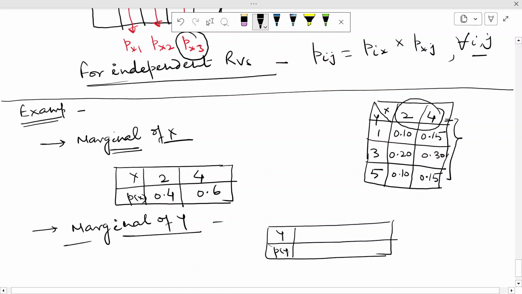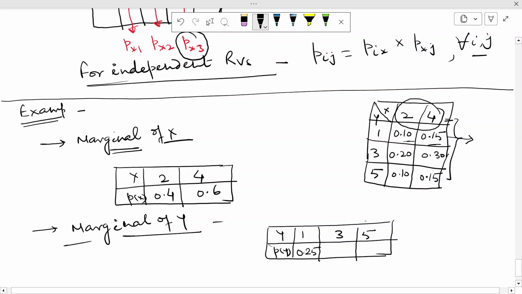Here we are given three values of y. So the values of y are 1, 3 and 5, and the probabilities, or you can say the marginal. So for y equals 1, we have to add these two values. Okay, so when you are adding, this is coming out as 0.25,